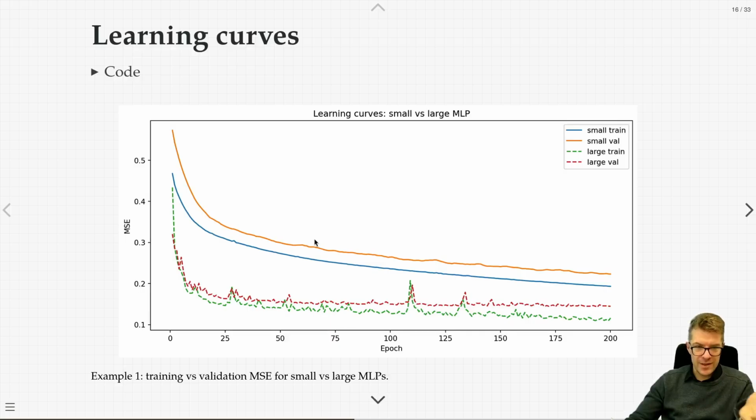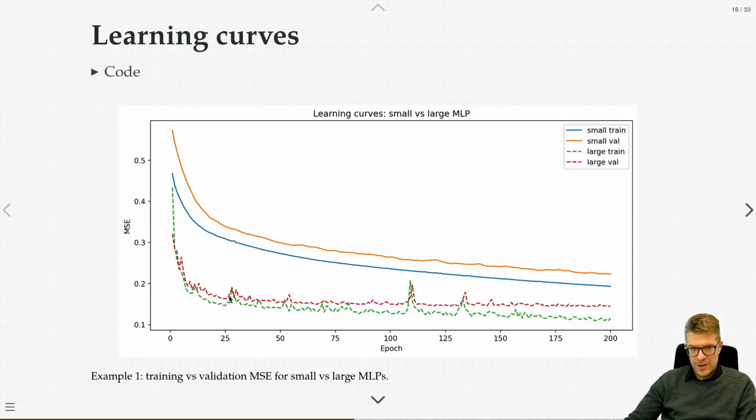And indeed, visually, just visualizing that sequence of epochs we just saw textually, we have the small neural network, which has these smooth curves in training and validation. They track each other downwards. Everything seems okay. The gap you can see between validation and training is basically the distance between the blue and orange curves here. We have the large neural network, which has a much faster decline in mean squared error, which is great, and it gets low fast and it stays low generally.